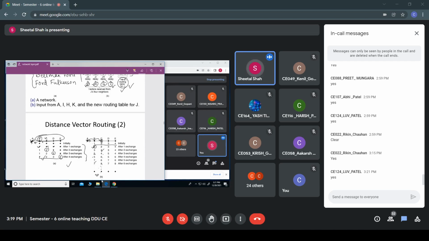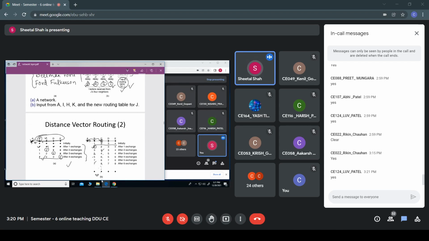Initially, it was 2 hops, but it doesn't know that C is using B to reach A. It doesn't know that, right? So what happens? Since B comes to know that C can reach A in 2 hops, what will it do? As it knows that B can reach C in 1 hop, 2 plus 1 would be 3. So it makes this new entry that B can reach A in 3 hops, assuming that C can reach A using some other path.